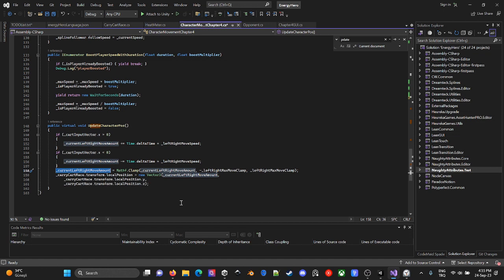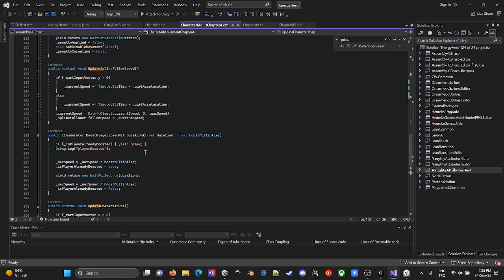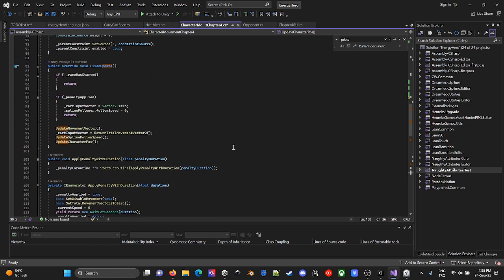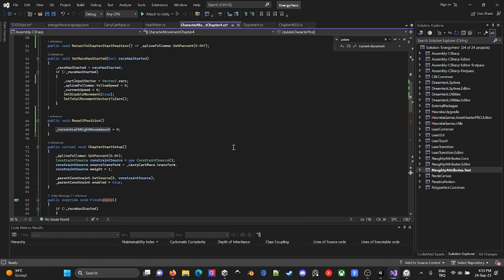That's why after I pressed the retry button, it does not reset this current left right movement amount back to 0, which results in that when I move my player on the sides on the x-axis, it does not return back to its original position, its 0 position, to be clear. That's why in order to resolve this bug, I added this